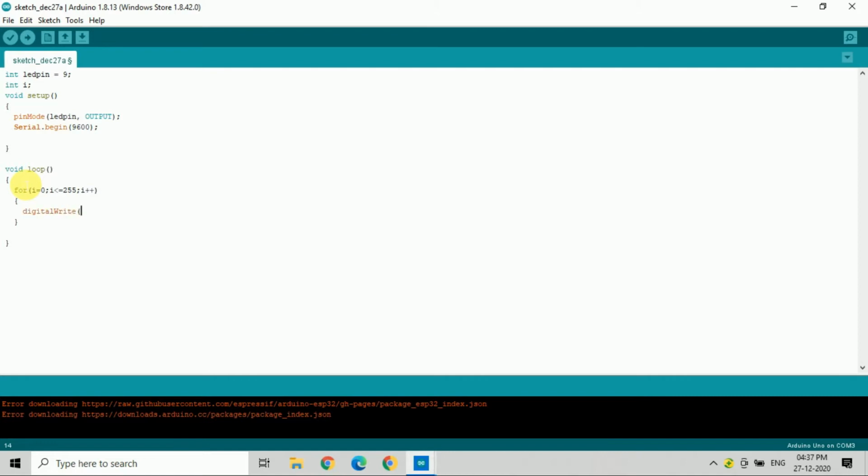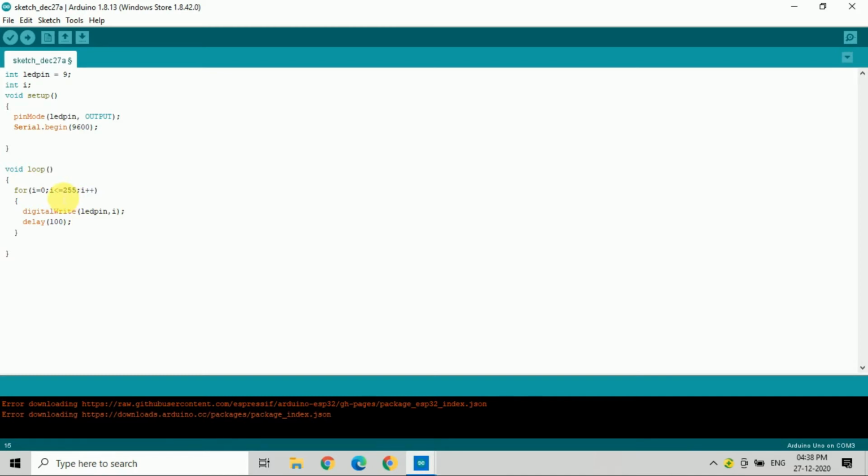digitalWrite LED pin, comma i, and take a small delay. When our i increases, our voltage will increase. i starts from 0 and goes till 255.